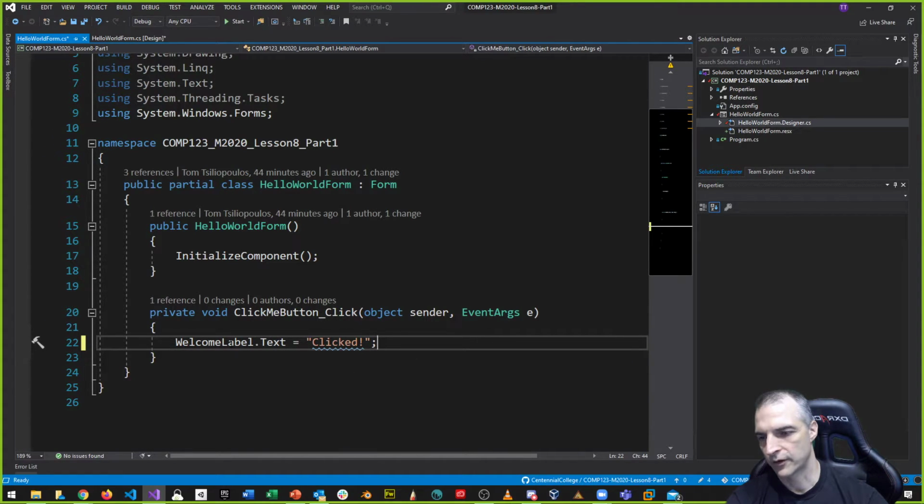If you hover over this, by the way, it tells you this stuff. Welcome label, it says, is a label, type label, Hello World Form. It belongs to Hello World Form, and I'm looking at the text property. It has a getter and setter. Notice if I hover over it, it says get set, and it's a string value. Cool. If I run this now,